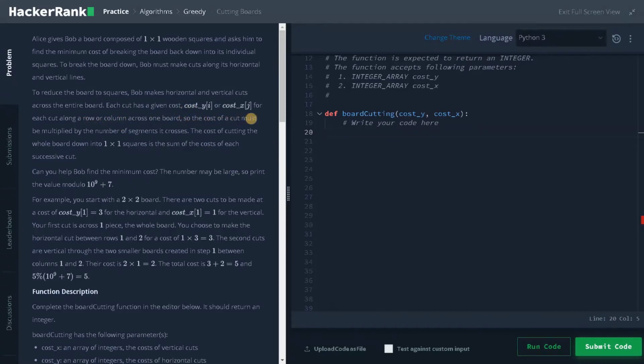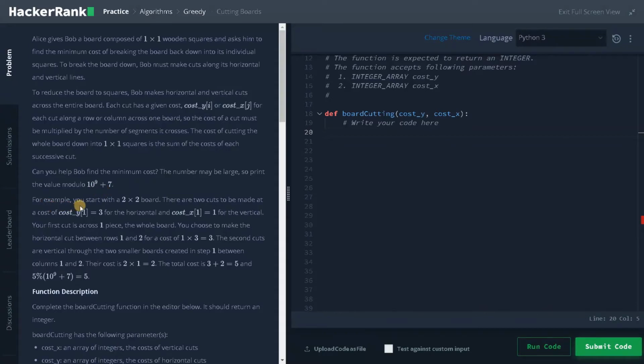The cost of a cut must be multiplied by the number of segments it crosses. The cost of cutting the whole board down into 1 cross 1 squares is the sum of the cost of each successive cut. Can you help Bob find the minimum cost? The number may be large, so print the value modulo 10 to the power of 9 plus 7.